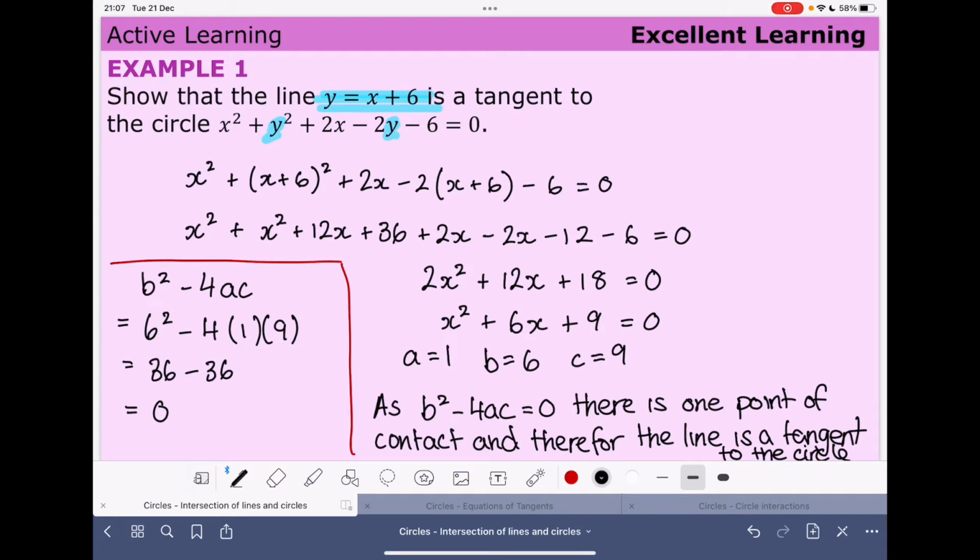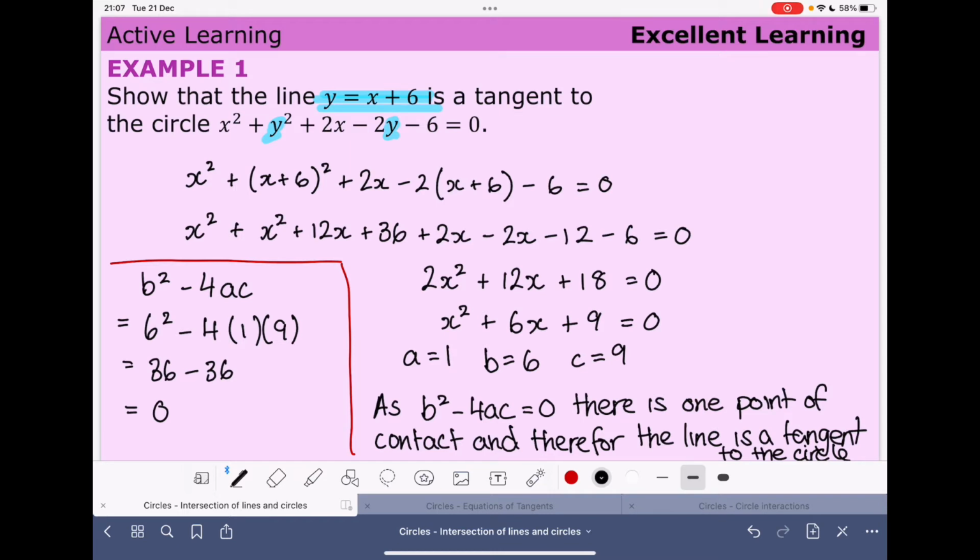All right, so what we've seen in this example is how we're going to consider how a line and a circle interact, and we're going to do that by substitution. Whilst we substituted in for y in this case, if you were given a line where x was the subject, then I would substitute in for x, and the same logic applies. Also, if you are given a line equation that's not in the form of y equals or x equals, then you can just rearrange it into one of those forms, and I would just go with whichever one you think is simplest. Okay, so that's our first wee example of how a line and a circle interact,